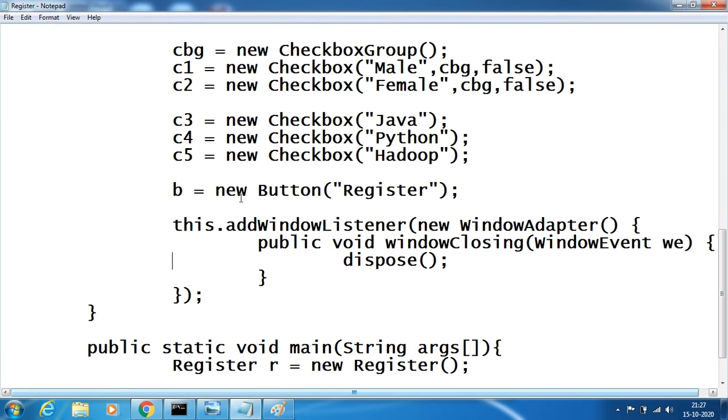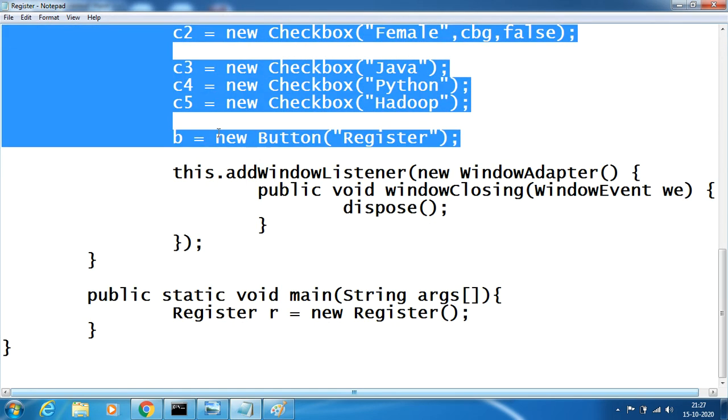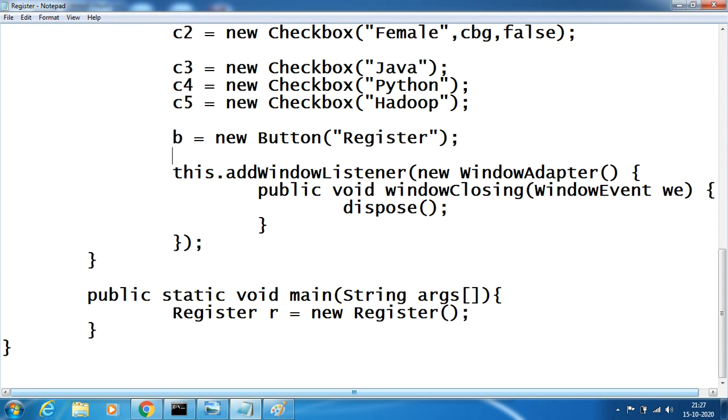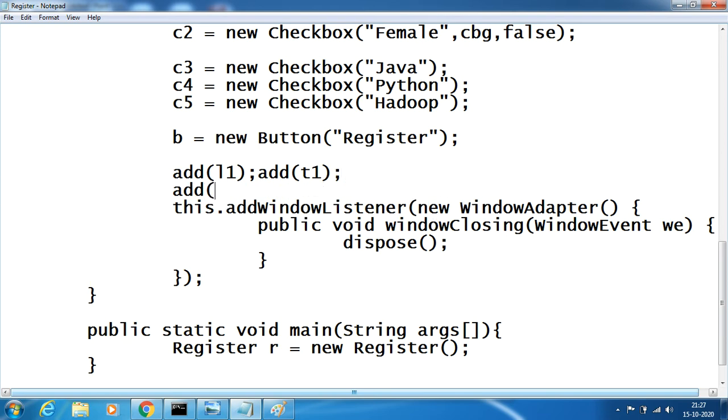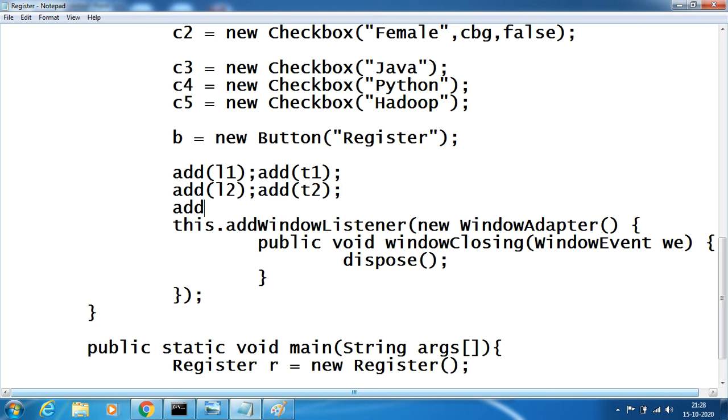Now we have created the components. Now we have to add the components to my frame. How to add? Simply use the add method. So add of the first one, L1, label for email ID, and T1. Now again add of L2, add of T2, add of L3.